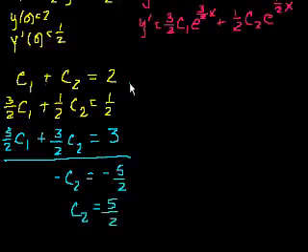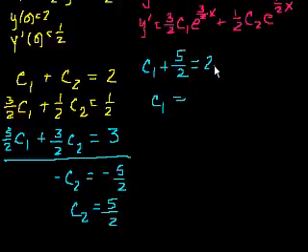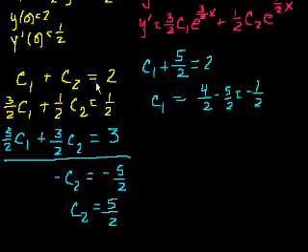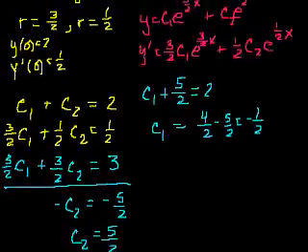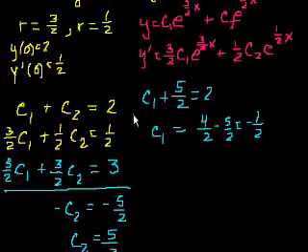Now we can substitute back in this top equation. c1 plus 5/2 is equal to 2, or c1 is equal to 2, which is the same thing as 4/2 minus 5/2, which is equal to minus 1/2. And now we can just substitute c1 and c2 back into our general solution, and we have found the particular solution of this differential equation, which is